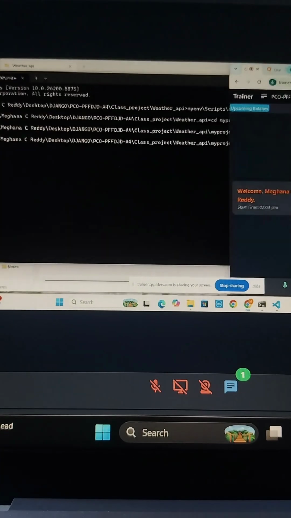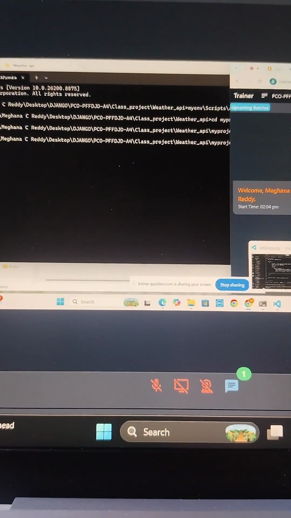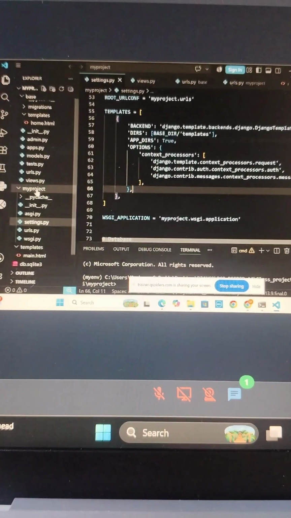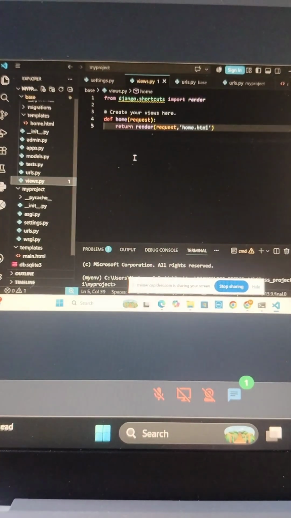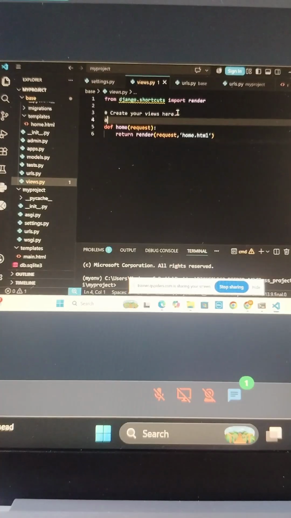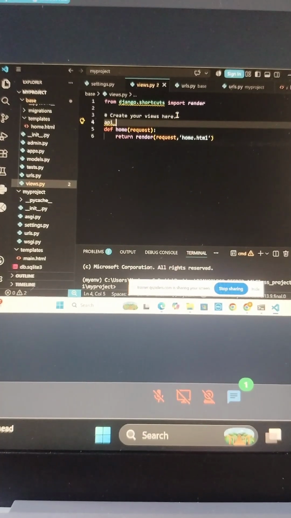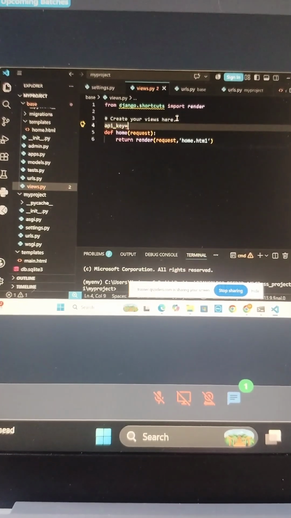Copy this one. Come to your views and paste it over here. API underscore key equal to